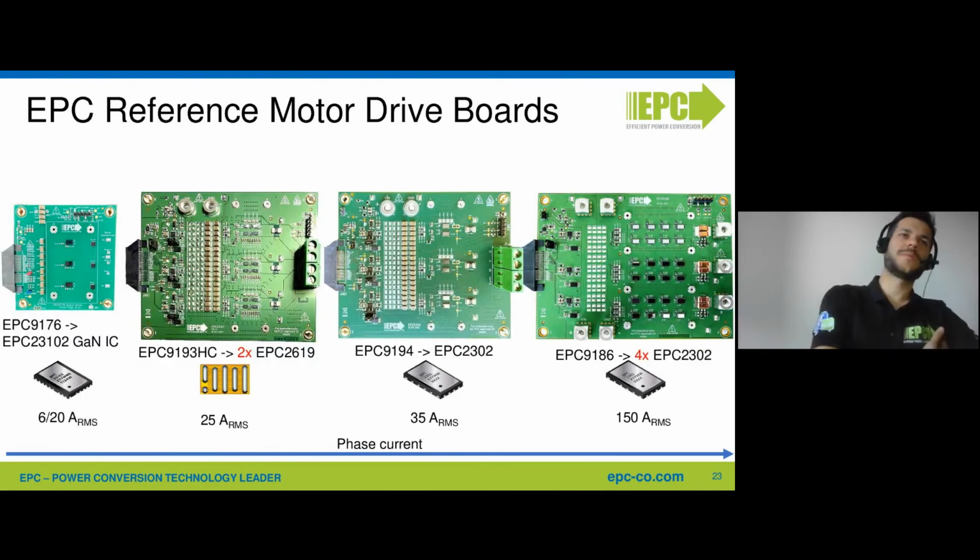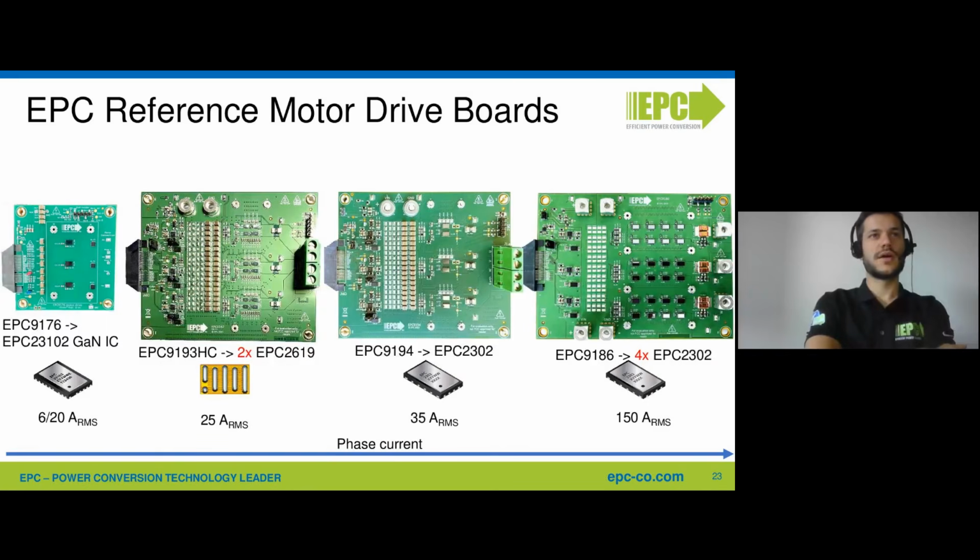So we have the EPC 9176 board, which is made with monolithic integrated circuits named EPC 23102. In the future, I'm telling you a secret, there will also be a board very similar to this one, featuring the EPC 23104